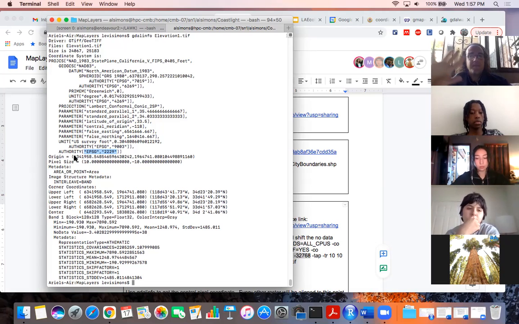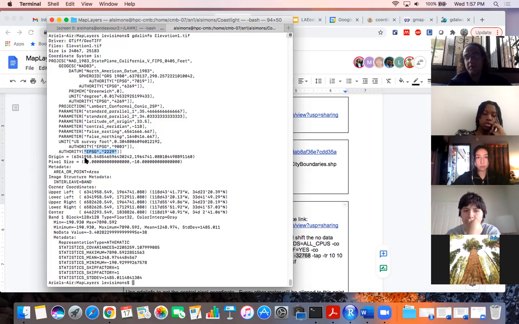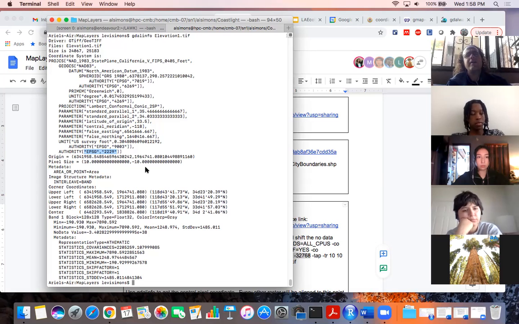That's why it gives you this origin, the origin of your map, and why it looks like this, some 6 million blah, blah, blah. Because it's not latitude, longitude. It is literally how many feet north and east of some point on Earth. And then the pixel size is 10, negative 10. I don't know why it's done this way, but